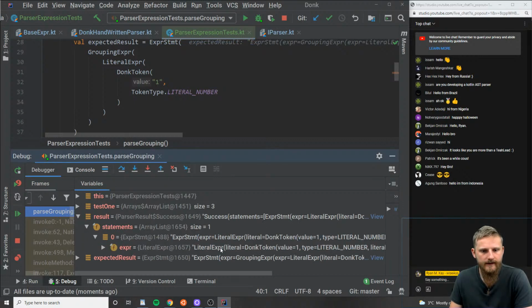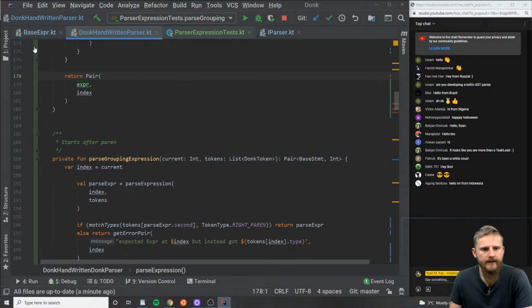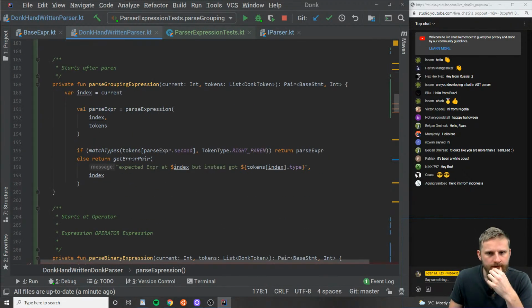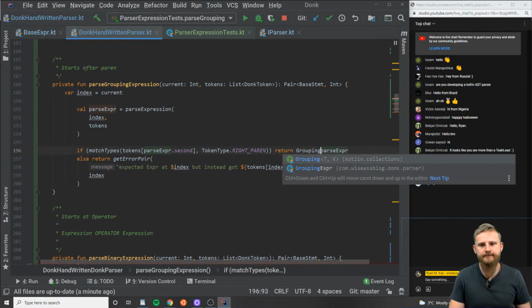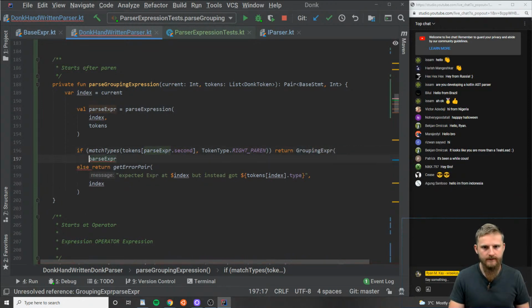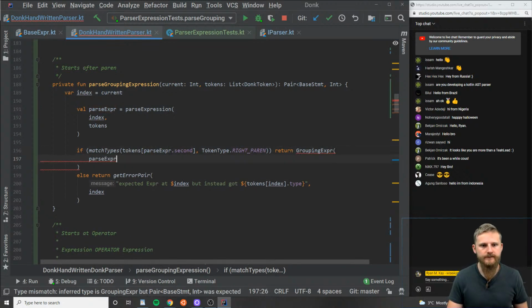It wasn't an error, but it's different from what we received. So we received an expression statement. Okay, so there was no grouping. Okay, I think I know how to fix that one pretty quickly, actually. So we return a grouping expression, which consists of